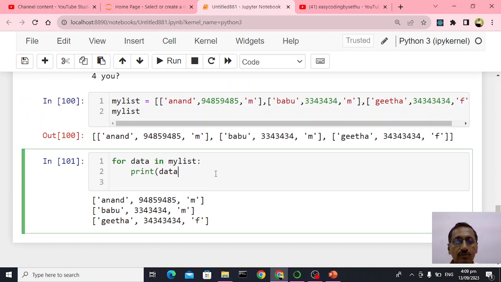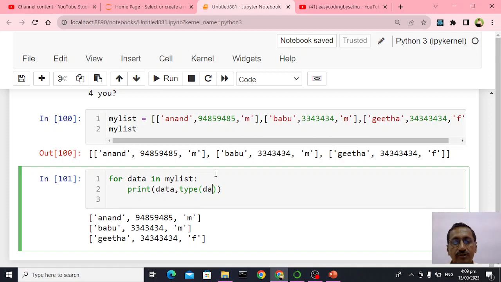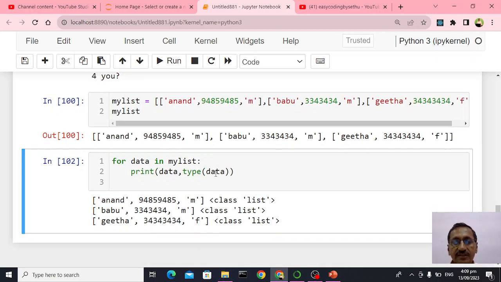So what I can do? The data is basically, look at this, print data, and I want type of data. So whenever you have doubts, you put the type also. So it's a list. So data is a list, and 0, 1, 2, the third index contains whether the person is male or female. So what I can do,